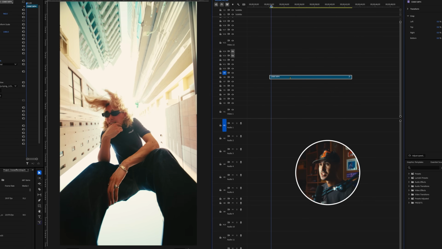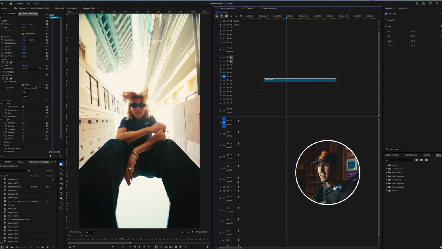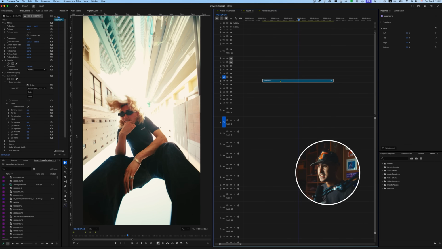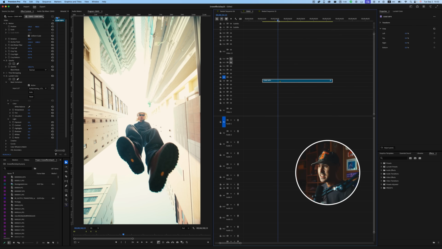So I've just asked him to basically jump and land, act like he's landing next to the camera. And then look down the camera and make this a little bit more interactive. The key here is that when he jumps, because it's such a wide lens, you just want to make sure that you get this shot right here, the underside of his shoes. Because basically, once you get this shot, what we're gonna go ahead and do next is rotoscope him out and